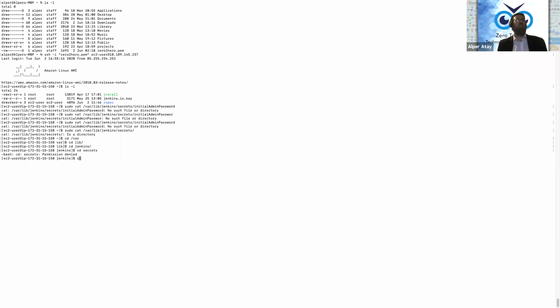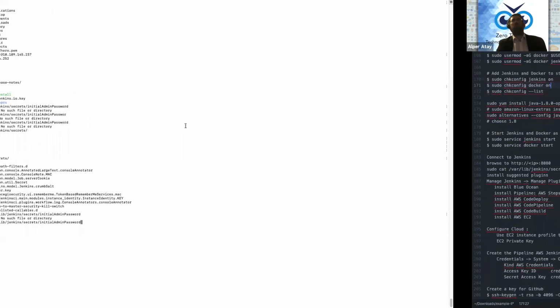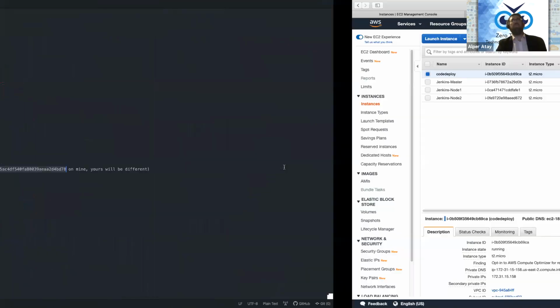So this is the file that you need to read your password from, and then it's something like this one, and then you need to copy paste it